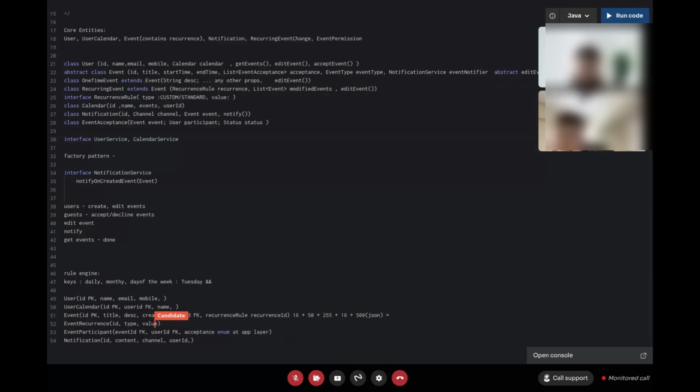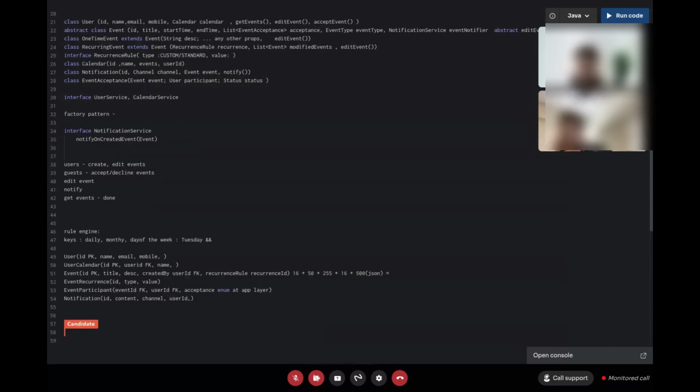Got it. And last question on this: what kind of indexes would you need, if at all? So, indexes depend on the query patterns, right? If I'm assuming MySQL or Postgres, I have, let's say, get all events, edit events, update events, accept invites, and